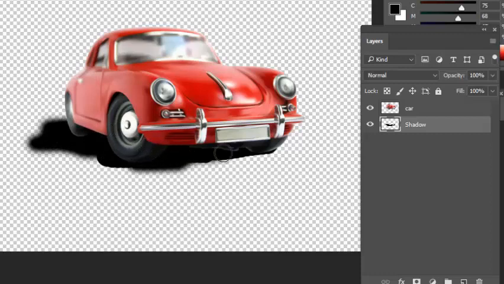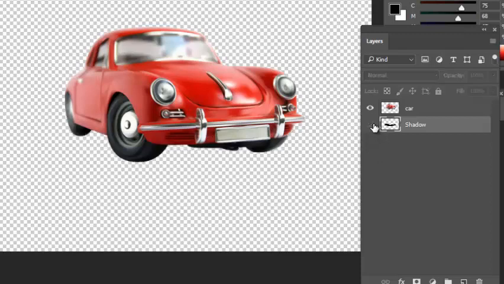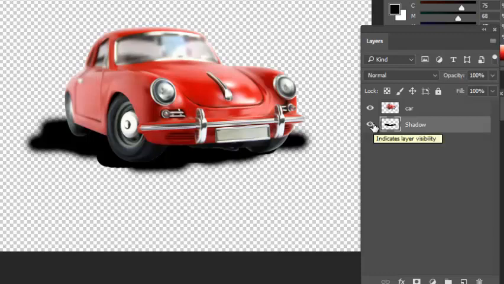Alright, there we go. So this is on its own layer. Layer on, layer off. And I mean, this is just a rough sketch, but there are some things that you can do to play around with the shadow